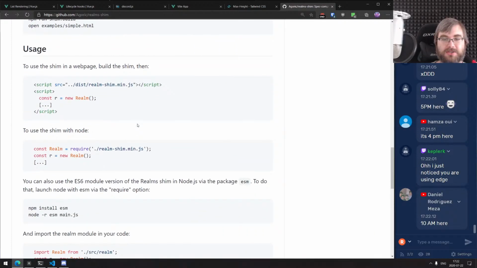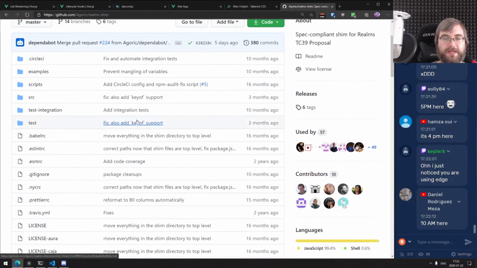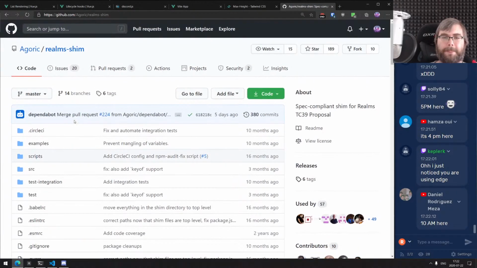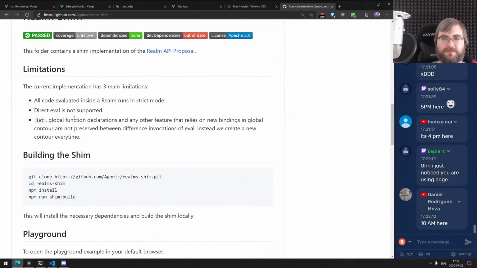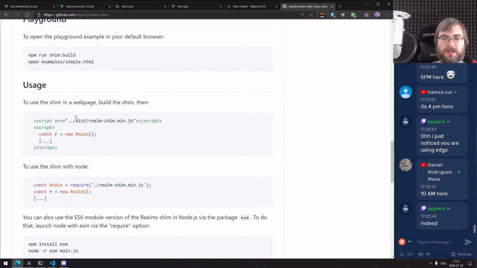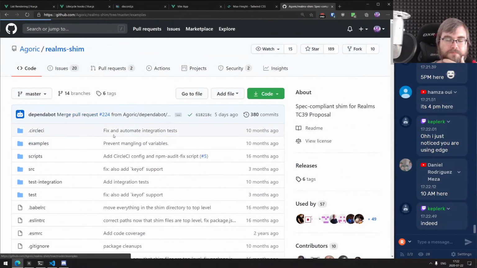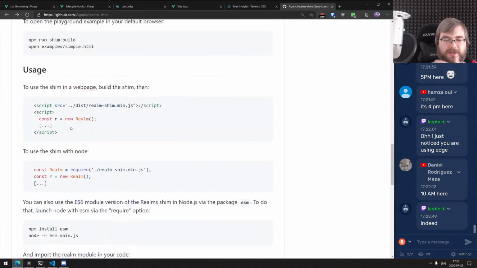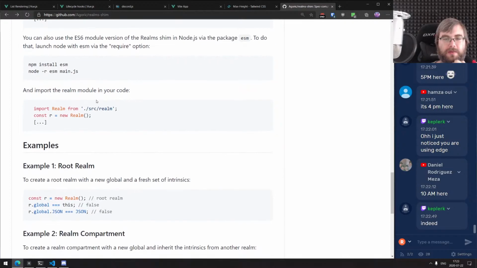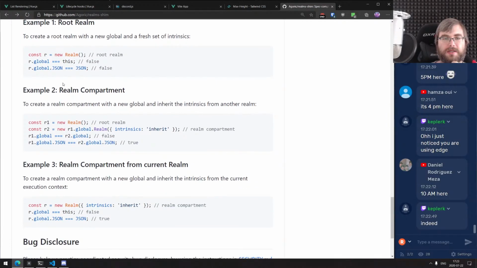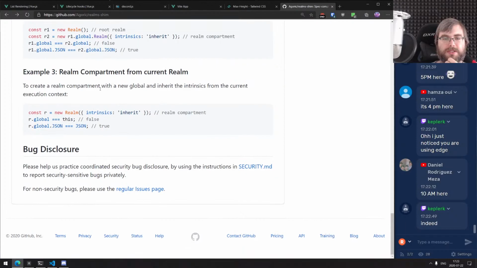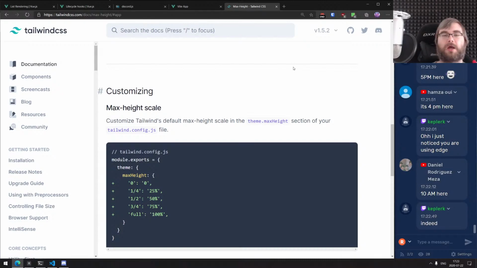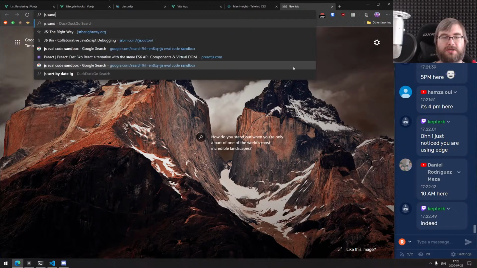Okay, so we got this shim. Again, I'm gonna be very lazy. And is there a dist here somewhere? No, it doesn't seem so. I have to build it myself. There's really no dist. Seems like there's no dist, so first of all, can it actually do what we want? So we create the realm, then our global, blah blah blah, intrinsic. Nah, okay. That seems overly complex. Okay. Let's see. JS sandbox